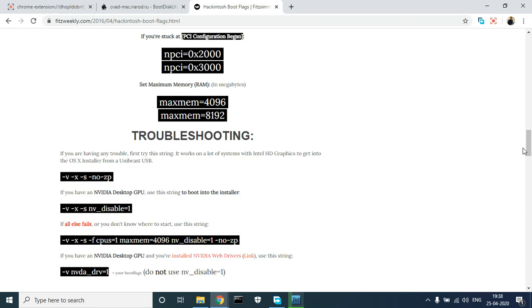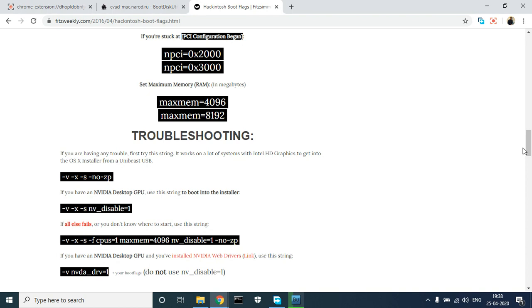If all of these fail, you can use dash V space dash X space dash S space dash F space cpus equal to 1, that is for single core, followed by space maxmem equal to 4096 space nv_disable equal to 1 space dash no dash zp.